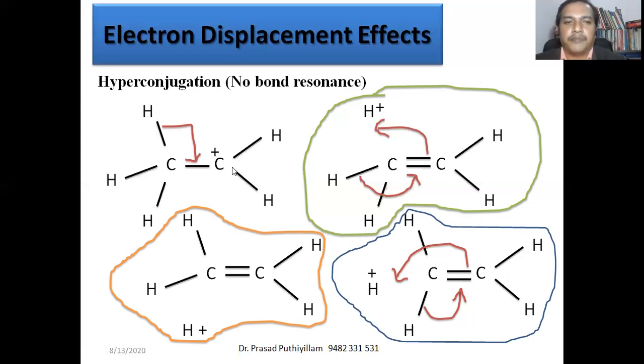Therefore we can say that the positive charge is shifted to the first hydrogen, the second hydrogen, the third hydrogen, comes back to the carbon atom, and again these possibilities continue. That means the effective positive charge on this carbon is not a full positive charge. It is shifting to the other hydrogen atoms because of hyperconjugation, and it becomes a little bit stable. So even when a positive charge comes to a carbon atom, it becomes a little more stable because of this effect, which is known as hyperconjugation or no bond resonance.